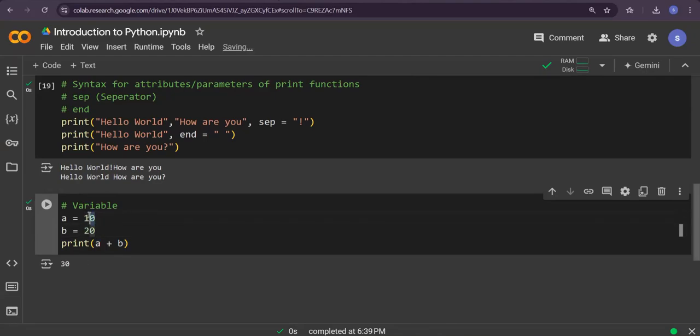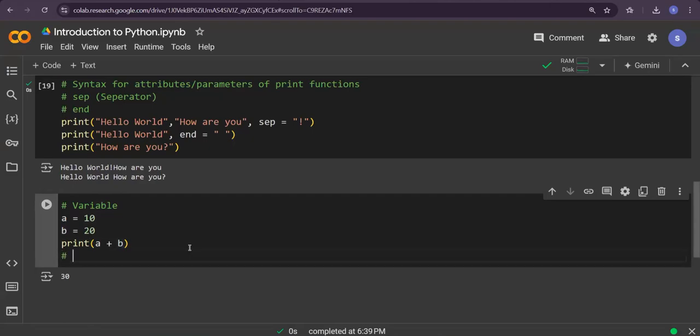So 10 is stored in the variable called a. So a has the value 10. 20 is stored in b. So b has the value 20. So when you add the variables a plus b, the answer is 30. Now, what are the rules we are supposed to follow to write this variable? There are some rules. The first rule is always start